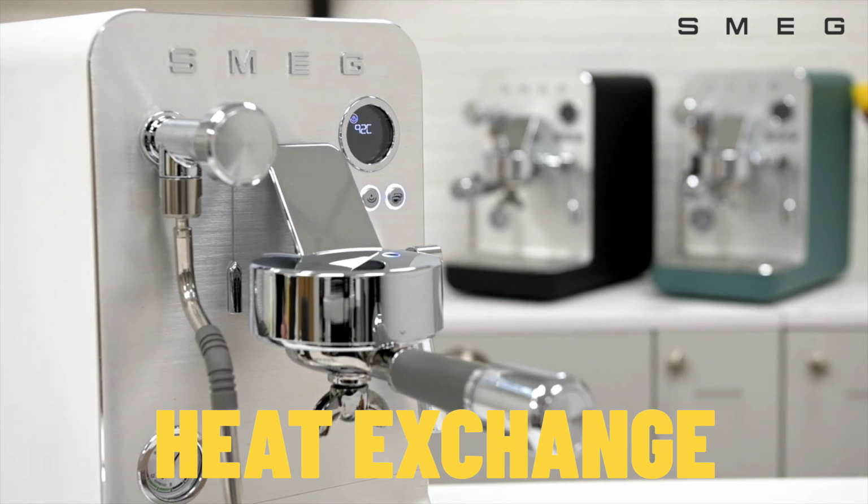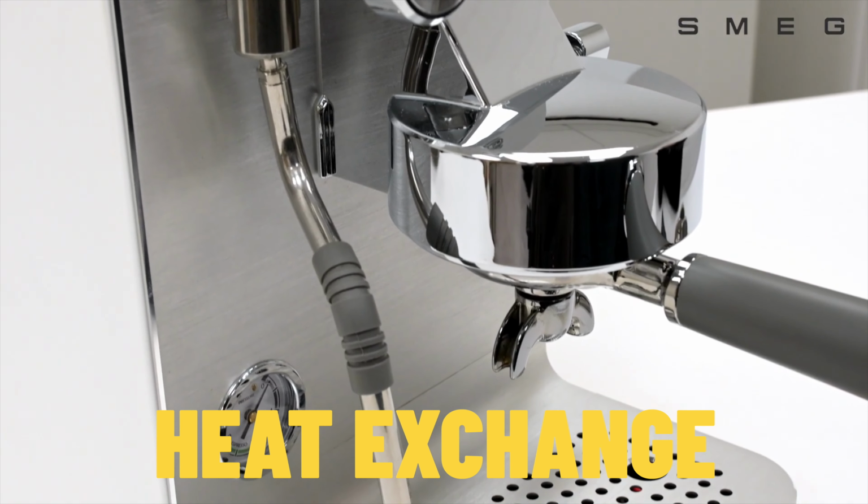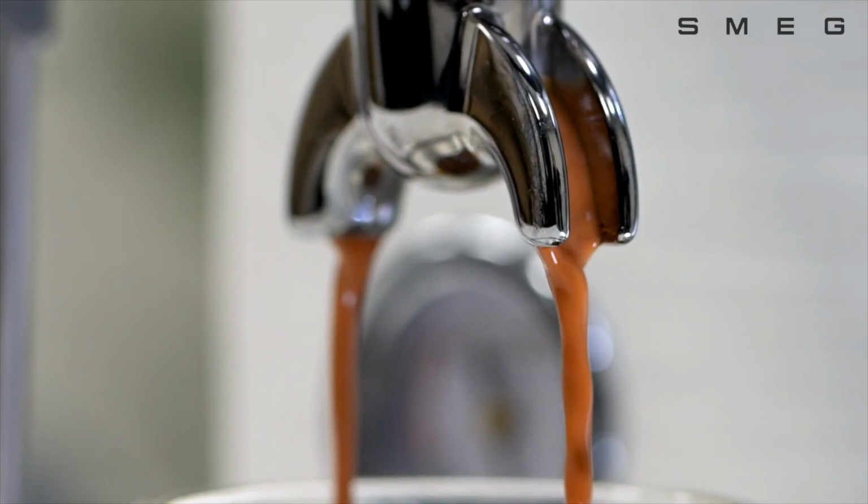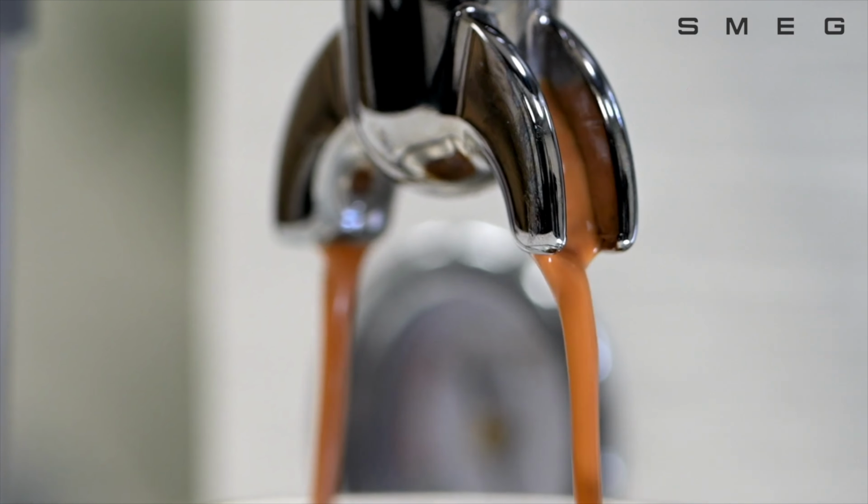A lot of these E61s were heat exchange, which means that you've got one big main boiler with a tube that runs up the middle, and that tube runs the water through to your extraction, and the big boiler is building up lots of hot water and pressure for your steam. So you can do your coffees at the same time as steaming milk, which is a big bonus,